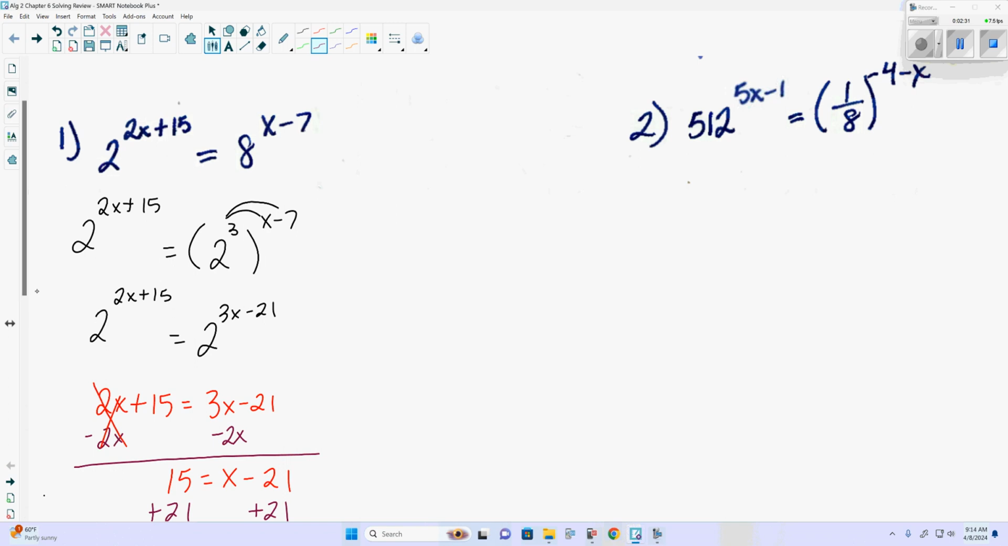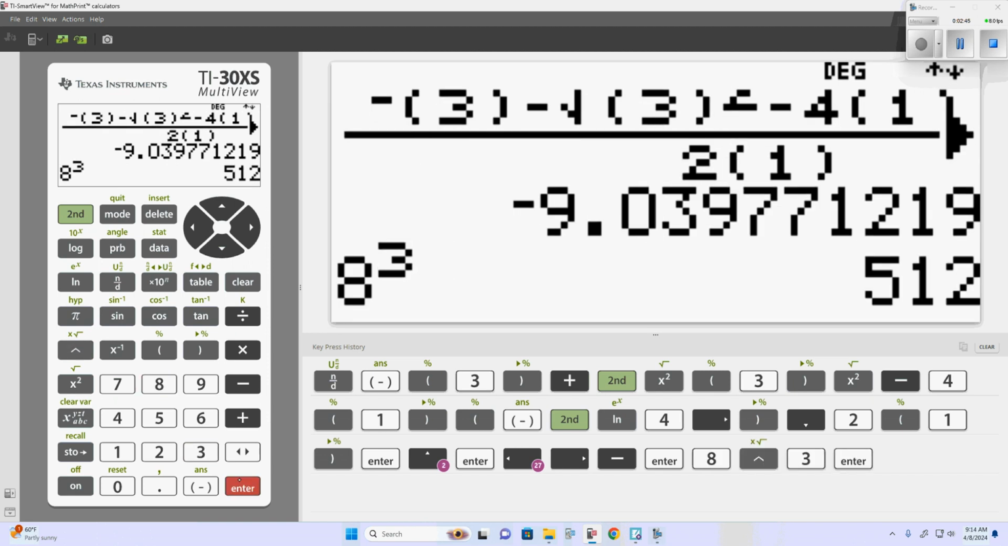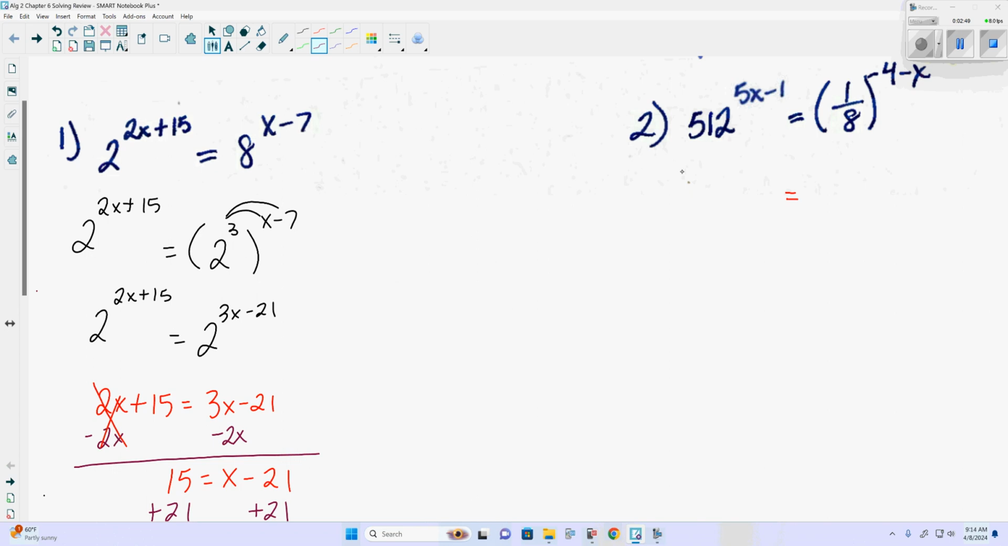The same thing is true for number 2. Now, we could change these to something lower, possibly lower than 8, but I would try 8 first. Because we can grab a calculator and say 8 to the third is indeed 512. So what that means for us is this side we can write as 8 to the third to the 5x minus 1. We can also rewrite 1/8 as 8